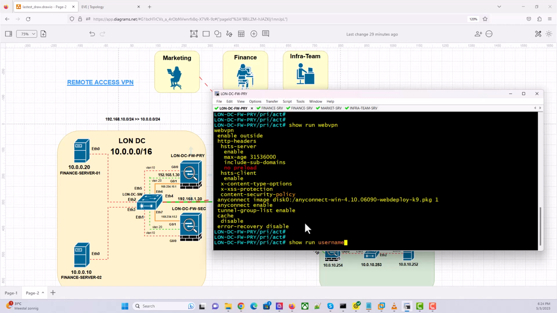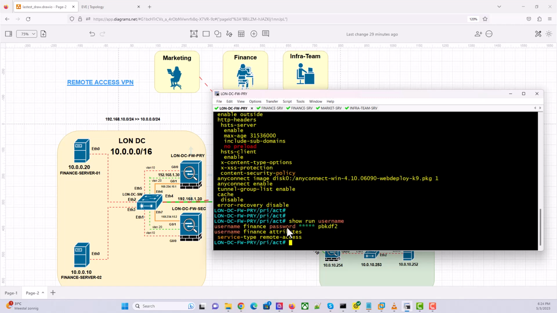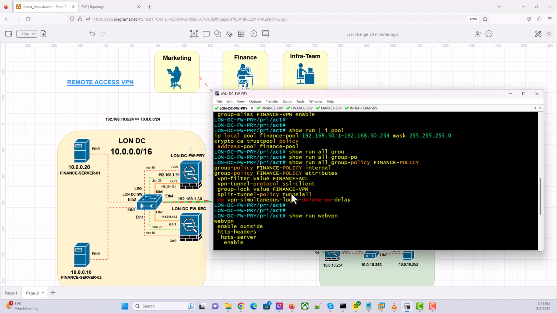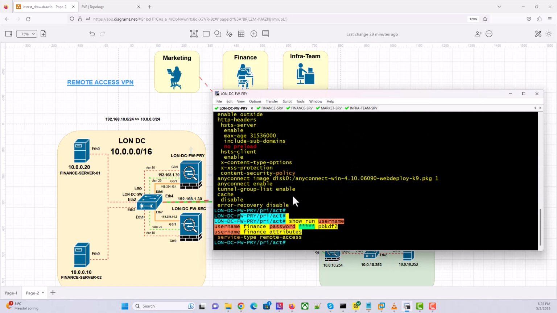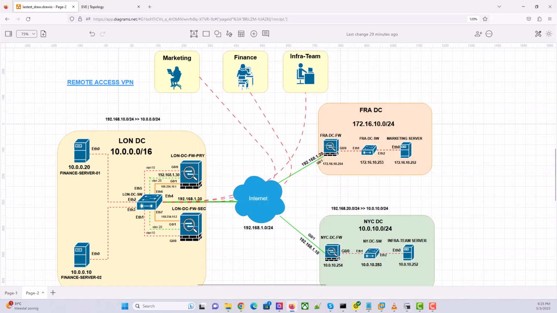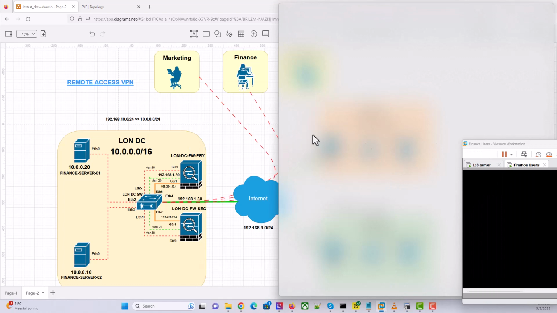Then we also have the user. So we've created a user, which is called finance, right? And then we tied it to the remote access. Okay. So I think those are the main components of this remote access VPN. And yeah, so we tested. So I'm going to just bring up the Windows computer,